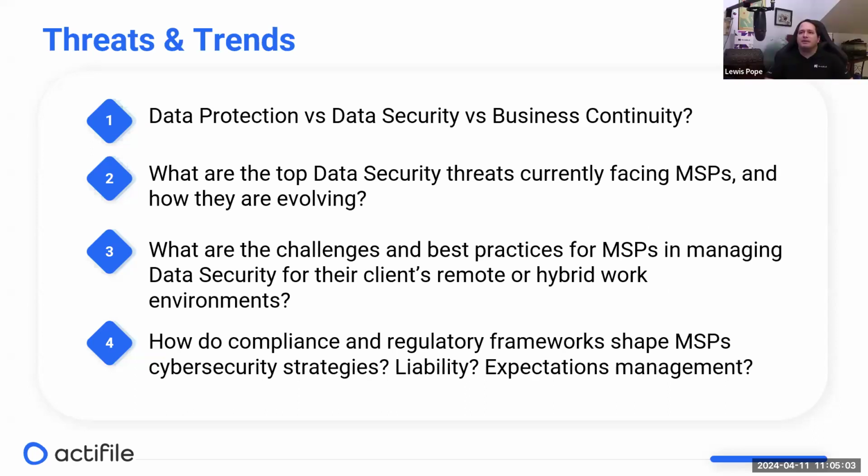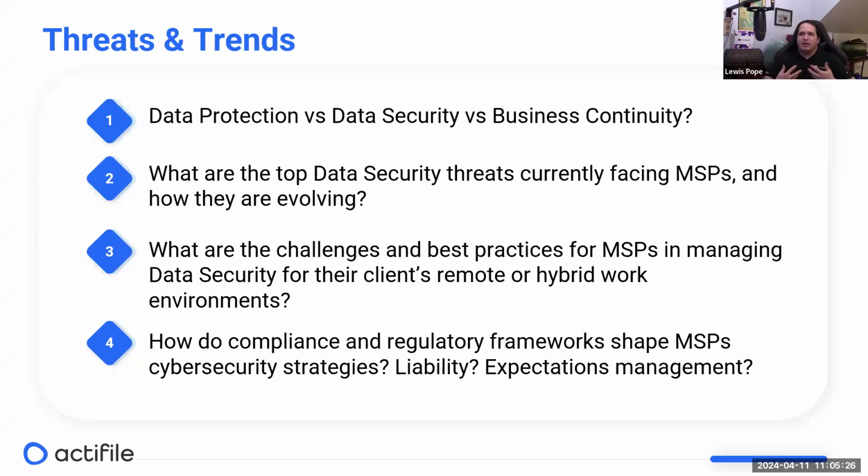Right. So for the most part, it doesn't matter what industry you're in, not everybody's going to be using the exact same vocabulary. So I always think it's worth taking the time to make sure people are on the same page whenever they're talking about data protection, data security and business continuity, because these are all different things.